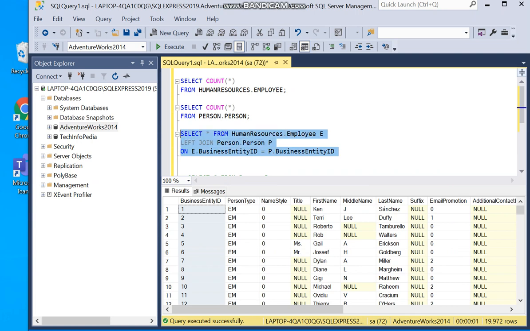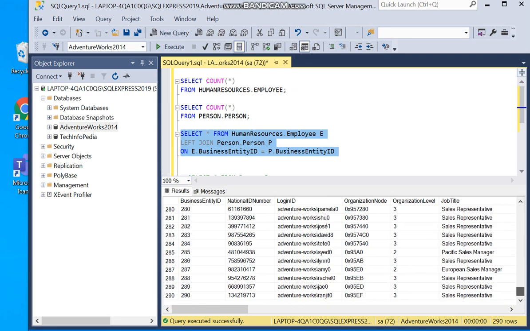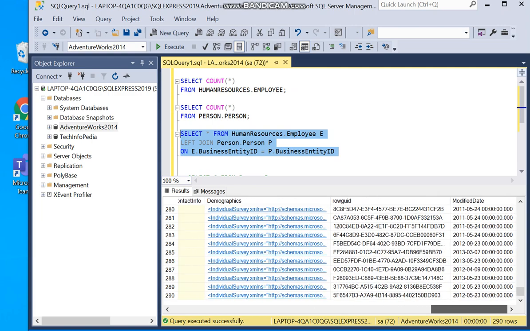So we will run this and it will return 290 rows because our employee table, which is our left table here, contains a total of 290. Here we can see all the records have the respective values.